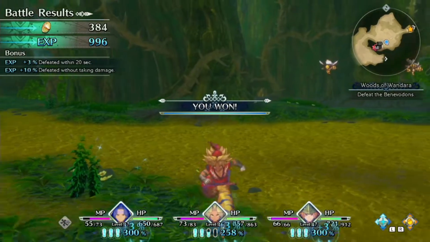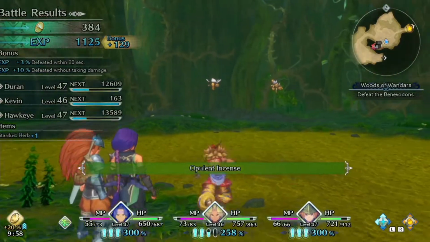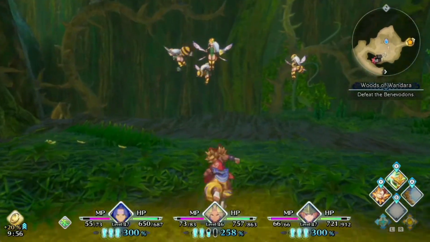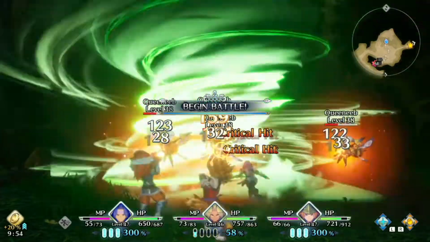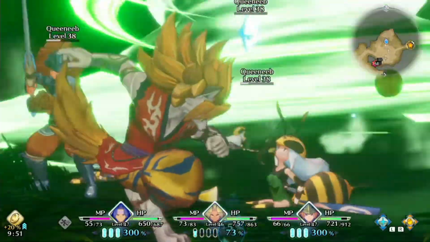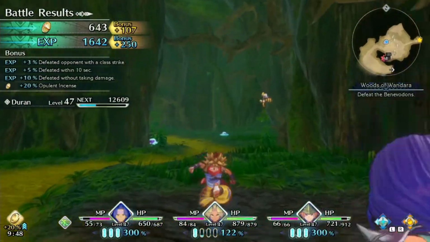Oh, my incense, I ran out. Let's do that. Alright. 準備はいいかい？ すぐに倒して先に進むぞ。 おいらレベルアップした。